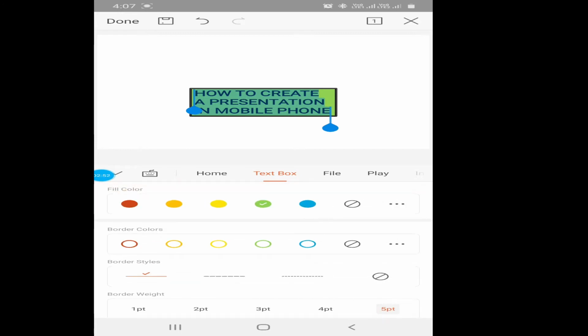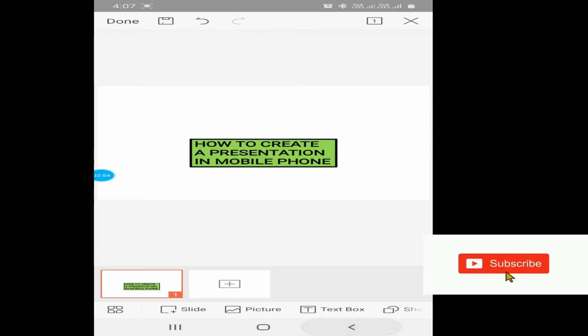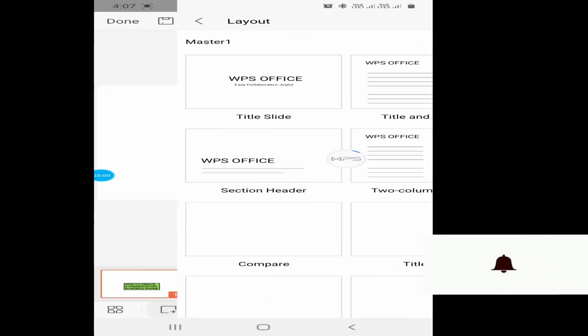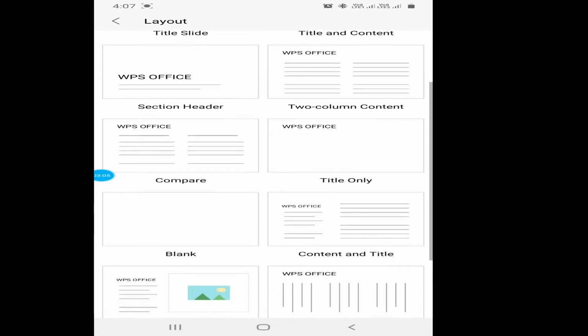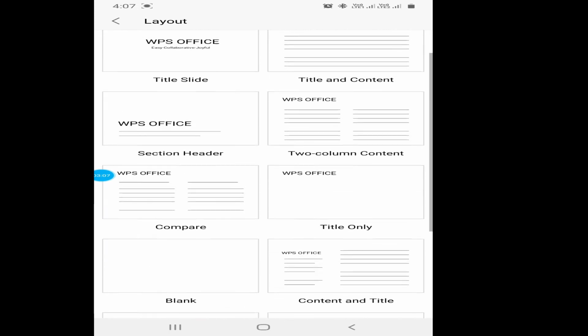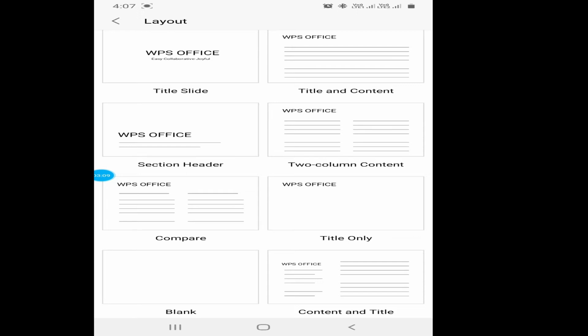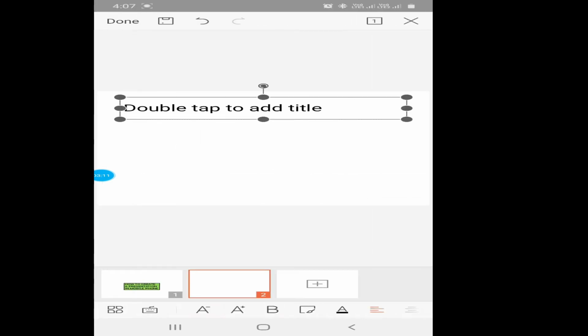Okay, now the next thing that we will see over here is how to insert a picture. So let us go for the new slide. You will see a plus sign for a new slide. I will go with a new slide in which we will insert the picture. Yes, you can go with the title also, right?